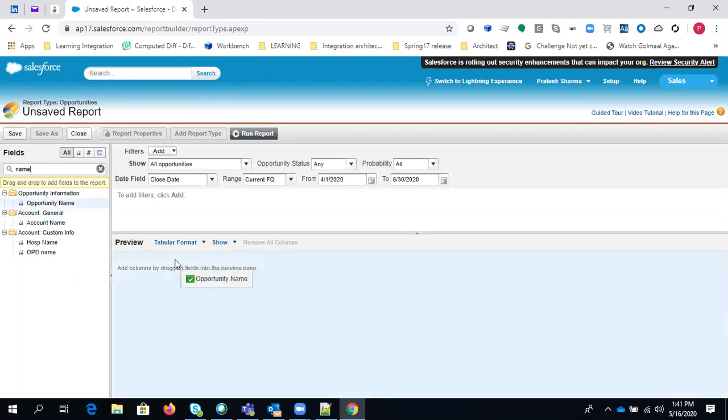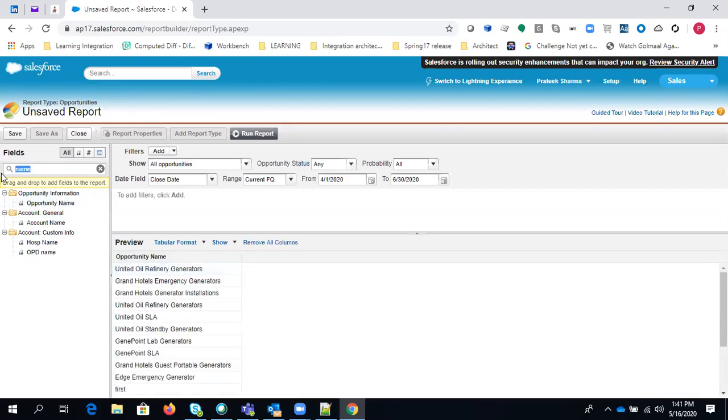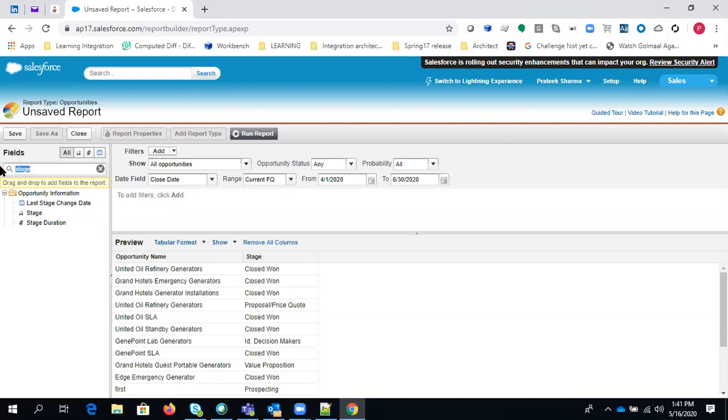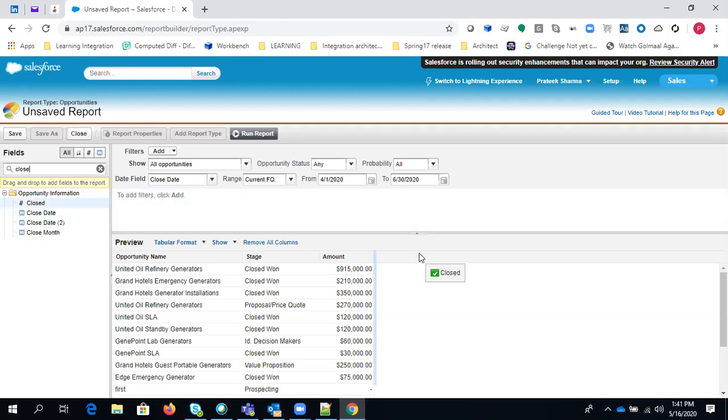You can drag and drop opportunity name, and I just want stage. You can simply drag and drop stage, and let's say I just want amount. You can simply drag and drop amount, right? And let's say close date. So you can also use close date.